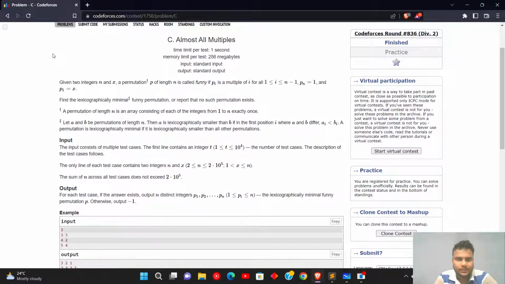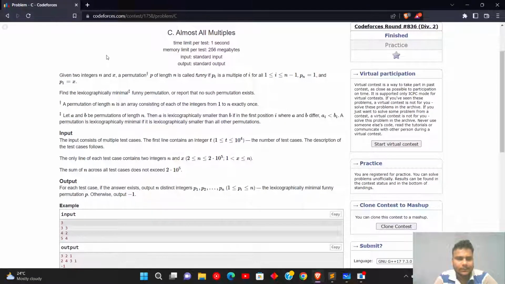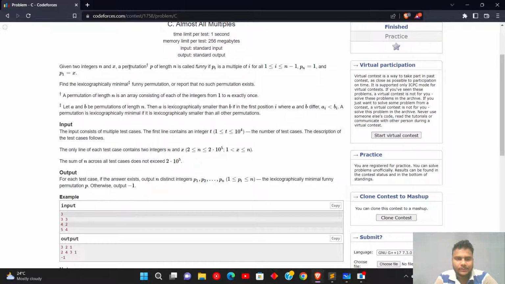So in this video we will discuss problem C, Almost or Multiples, which comes in Codeforces Round 836. In this problem, given two integers n and x, we have to build a permutation p of length n, and a permutation p of length n is called funny if p_i is a multiple of i for all